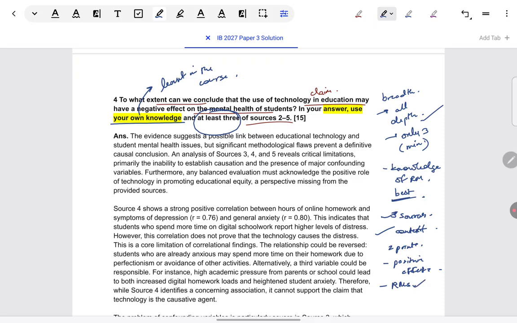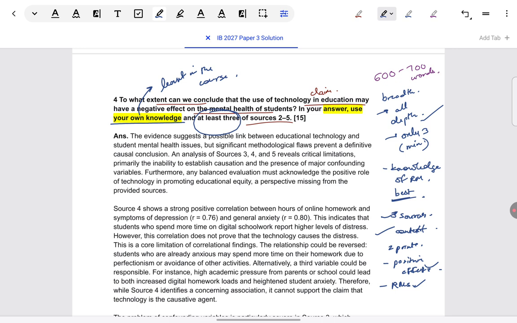So that would be one more thing I would like to use from my knowledge of the content area in this essay. Now, how do we organize this essay? PEEL format in every paragraph. Overall, your target, my recommendation, 600 to 700 words. Try to go on the higher side, not because we just want to create a farce in front of the examiner that we have written a longer one so we are more knowledgeable. The greater word count just helps you to give a more detailed and contextualized analysis. That's what I believe.